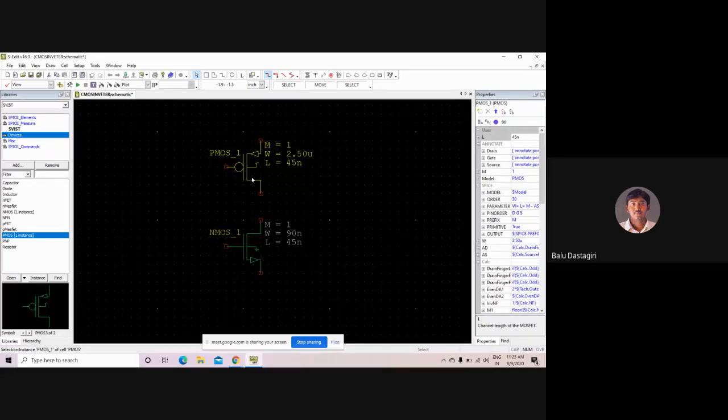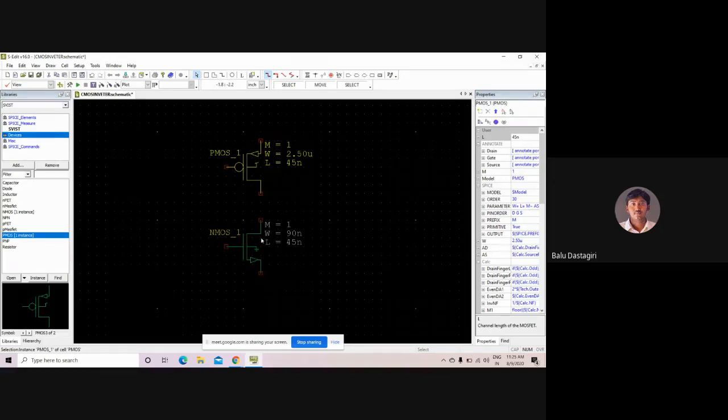Why? Because the mobility of holes is 2.5 times lesser than the mobility of electrons. That means the mobility of electrons is 2.5 times faster than the mobility of holes. So in order to accommodate the same amount of current in the PMOS and NMOS during conduction, you have to keep the width of PMOS twice the width of NMOS.